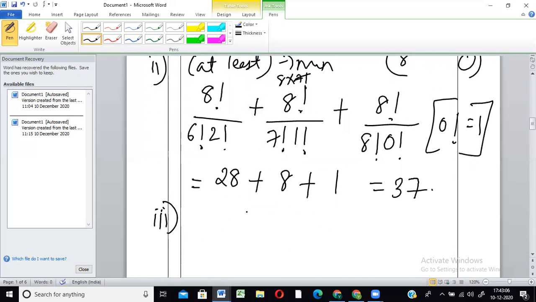Now the third one. Okay, so the third one says at most 3 tails. Okay, at most 3 tails means what? ज्यादा से ज्यादा सिर्फ 3 ही tails हो सकते हैं. 4 tails बिल्कुल भी नहीं चलेगा. Okay, so they can have at the most 3 tails, means either they can have